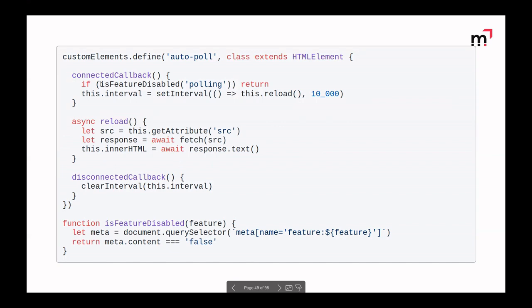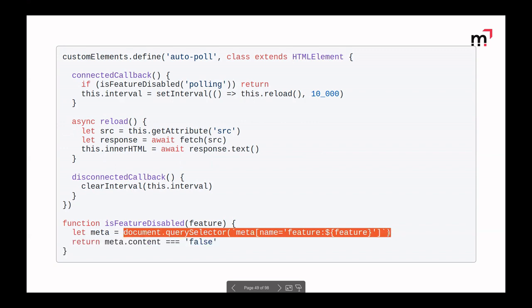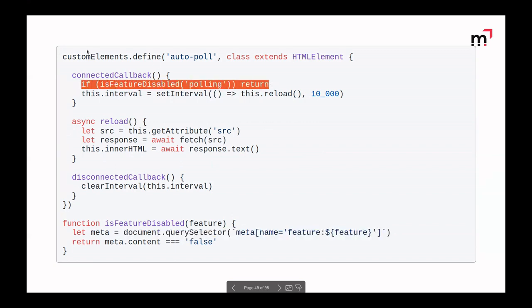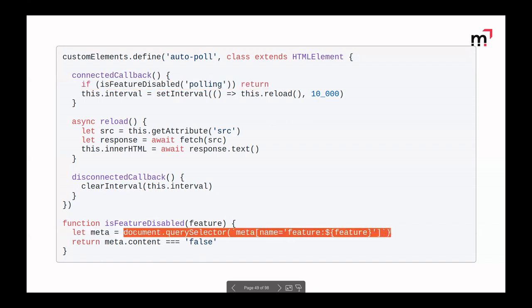Of course, this requires one DOM lookup here. I mean, it's probably in the nanoseconds. But if this is something that concerns you, maybe one optimization would be to make this check on the very first line. This way, if you have 1,000 autopoll elements, you still only pay the cost a single time. But I really wouldn't worry so much about this one DOM lookup taking too much time. Unless you have 1 million autopoll elements on the same screen, you probably won't even notice this.